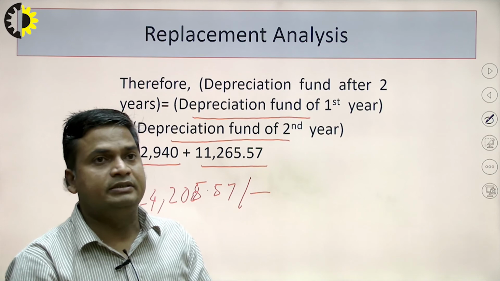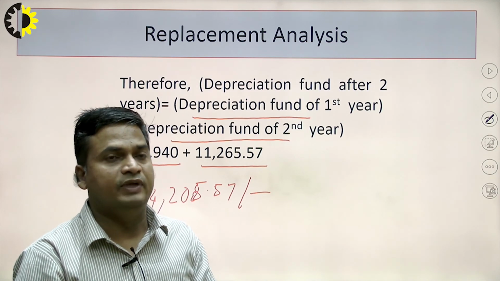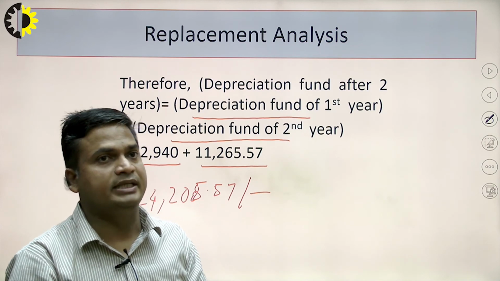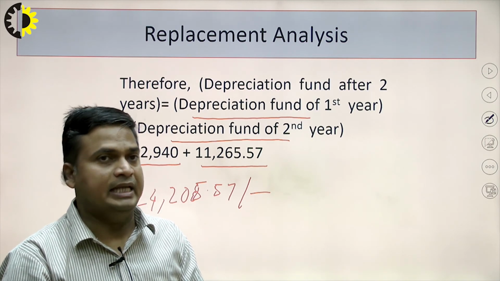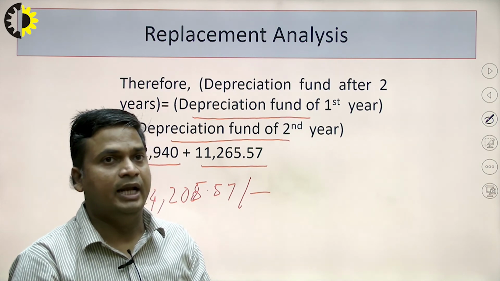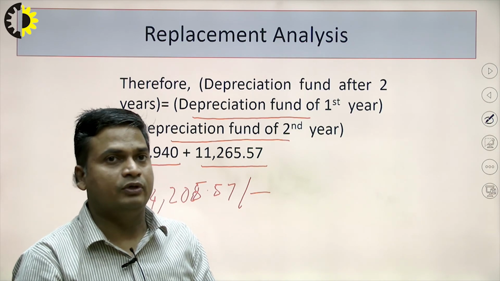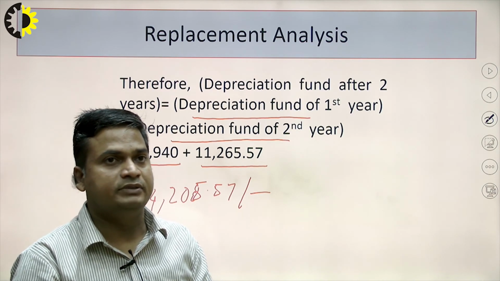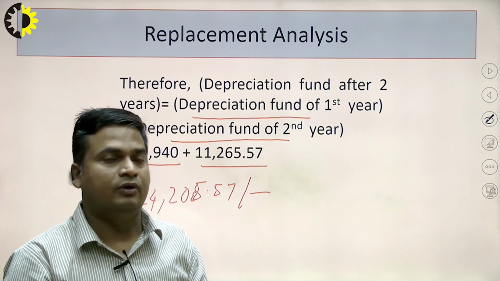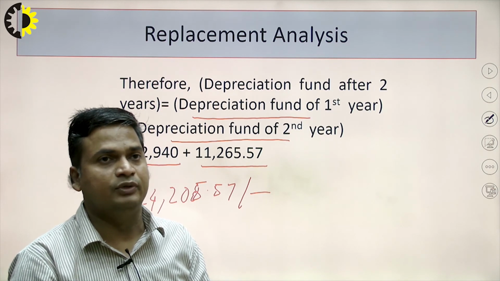So, this is about the replacement analysis. In this lecture we have discussed two topics. One is inventory control and the second is replacement analysis. In inventory control we have obtained the optimal inventory at which the total cost is minimum. Total cost means there are two types of cost: one is ordering cost, the second is inventory carrying cost. Ordering cost, or procurement cost, is related to